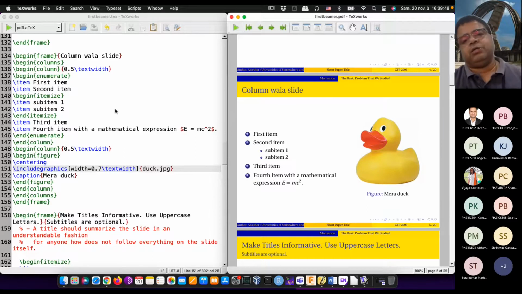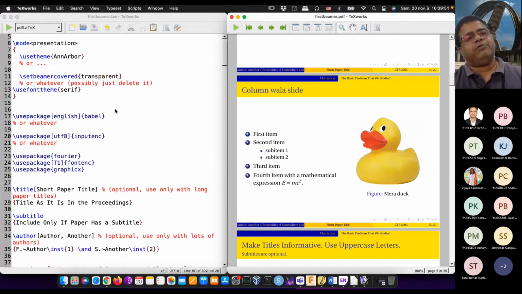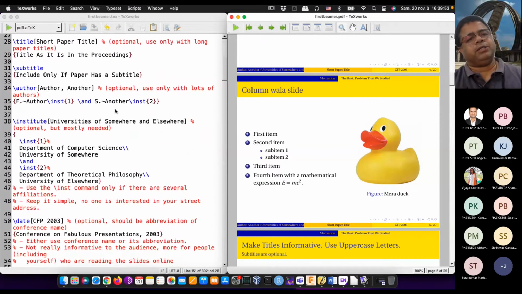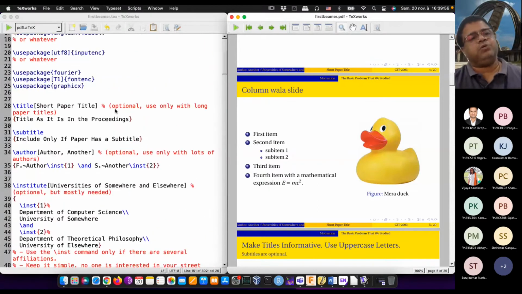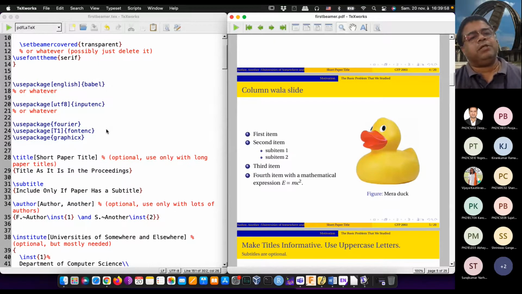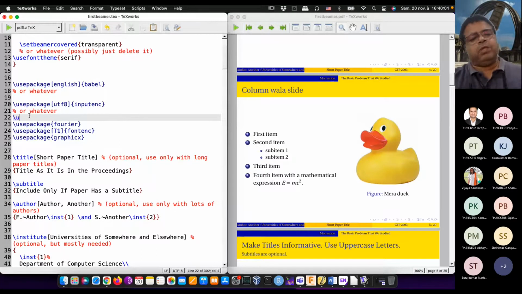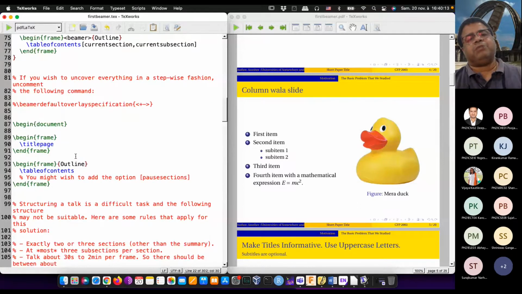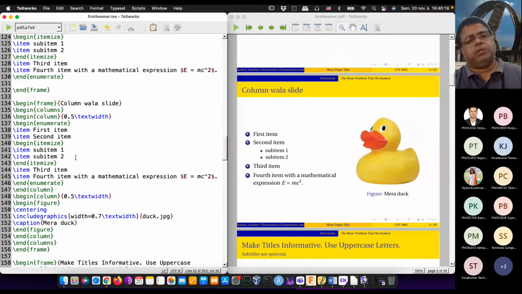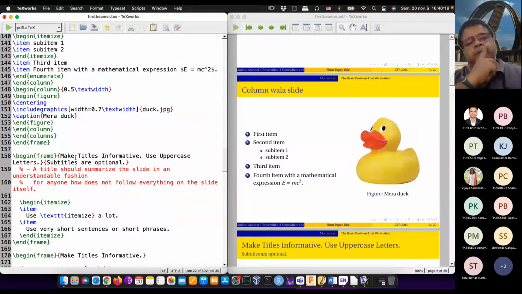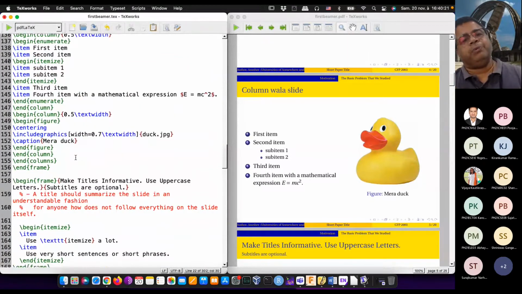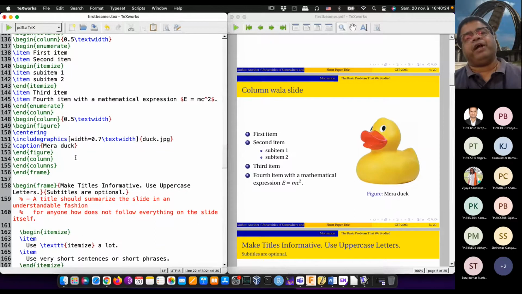Remember, if I have to use fractions, I have to use another package called AMS Math, along with AMS Fonts. These two packages are needed for advanced mathematical typesetting, because some people might require that. So I want to type the Sridhar Acharya equation for finding the